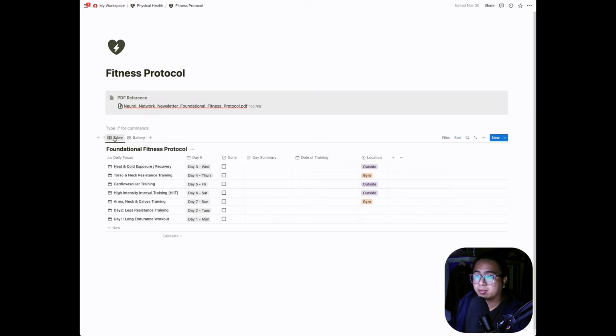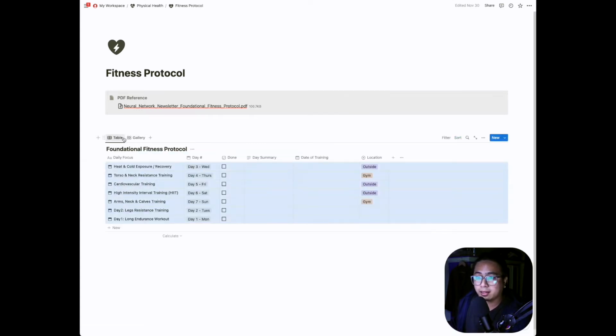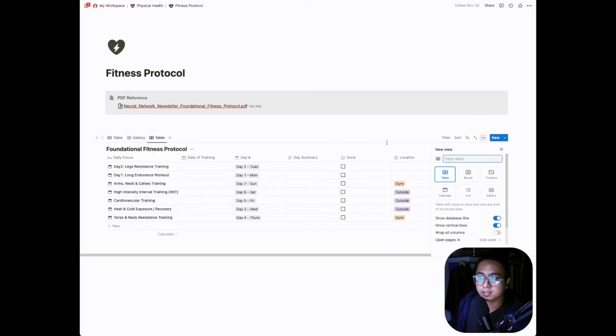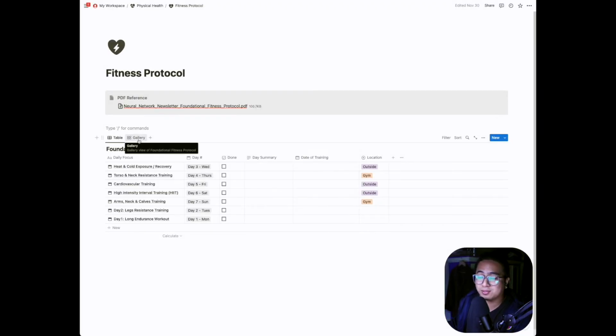Now, each of these, because we are on a gallery view, I just like to point out that tables can be presented in multiple views. So you can choose gallery, you can choose table, board, timeline. But before we get into the very details again,